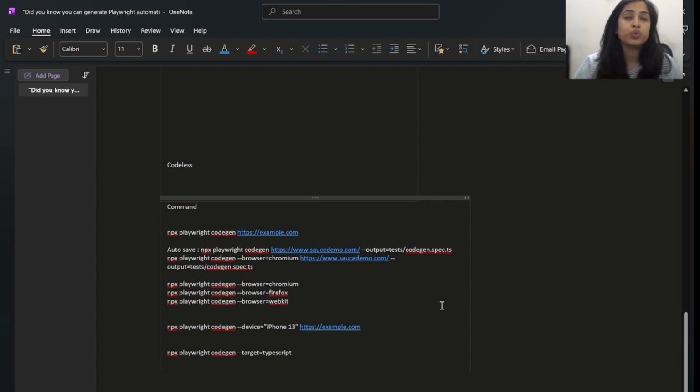So today we will learn how we can use CodeGen. We will also learn how we can launch our browser in multiple web browsers, and from there how we can automate it. Also, we will see how we can launch our web application on different types of phones, and how we can change the language as well.